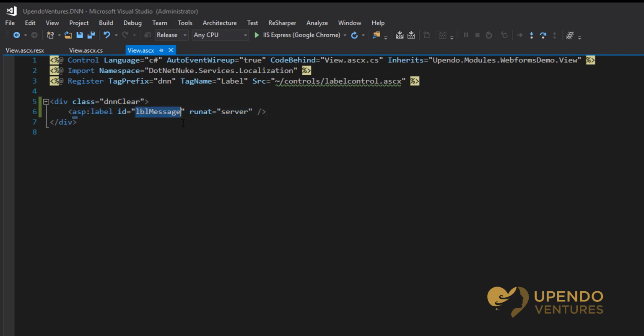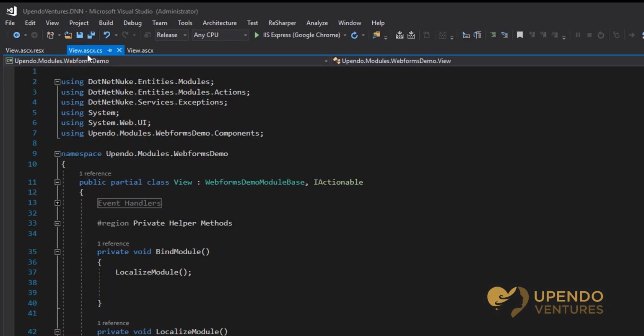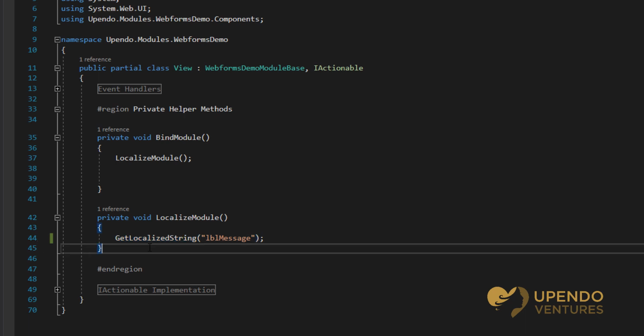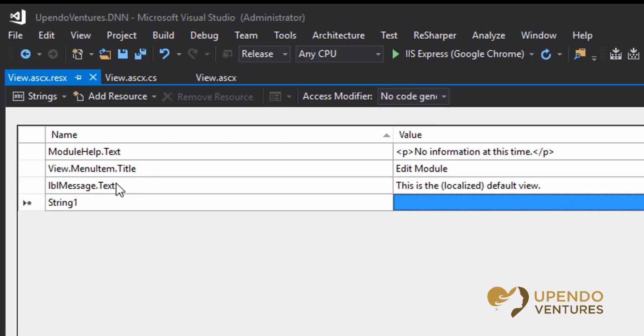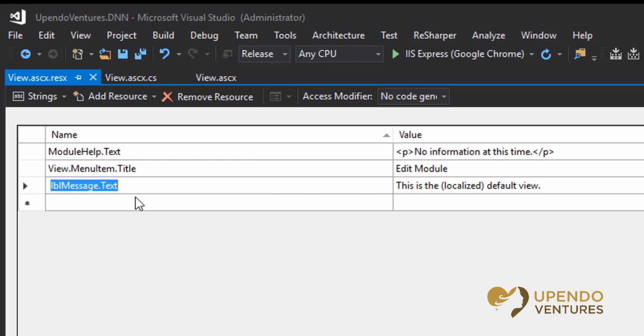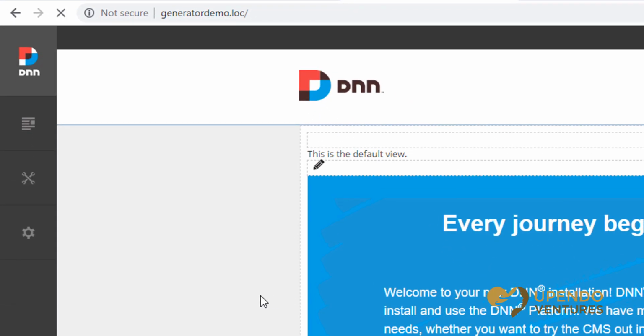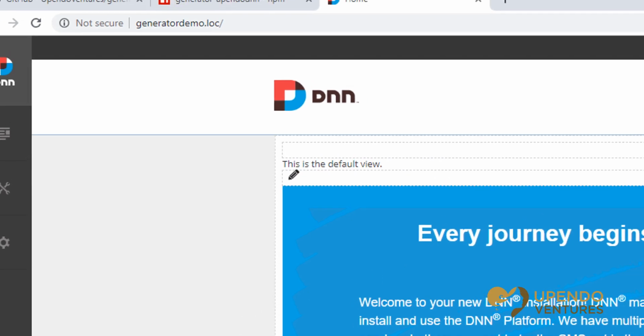So I just went ahead and added a label in here. It's an ASP.NET label of label message, and then if I look at the code behind for this view, there's some stubs of code that are already in there, and the base class has a shortcut to get to localized values. So you can say get localized string, label message, so that's already in there. And in the localization file, I've added a key value pair of label message. This is the localized default view. So currently, if I go to the website and refresh, you'll see that it still says this is the default view. But if we build,